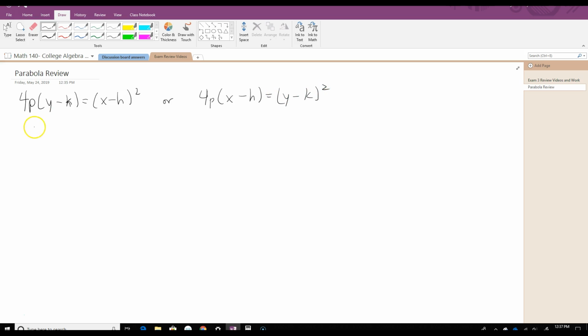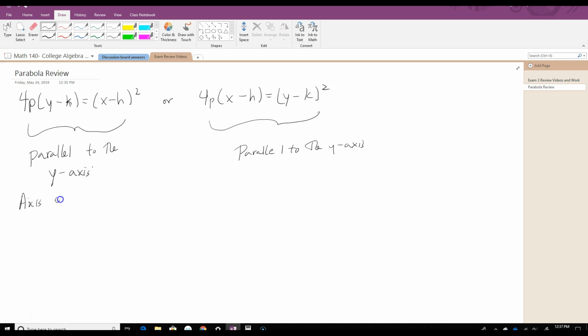This first one is parallel to the y-axis. So basically, this one has an axis of symmetry that is vertical,